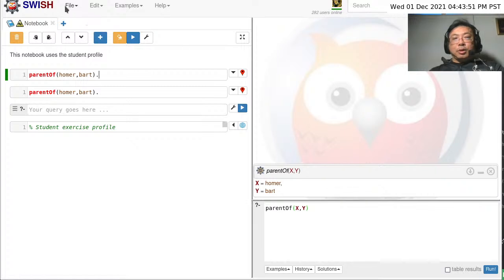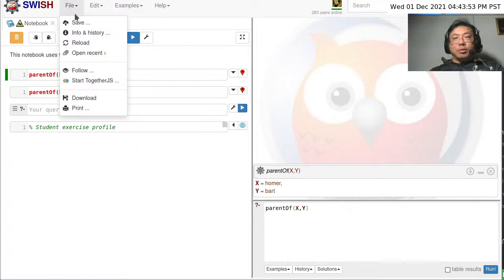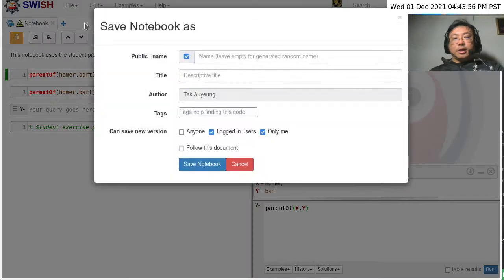And I'll show you what you need to do when you save your program. So you go to File and you click on Save. The first thing you want to do is uncheck Public, because you don't want other people to be able to see your project. Not so much for security purposes, but more for academic integrity purposes. Then you can give it a name and a title, and go ahead and save